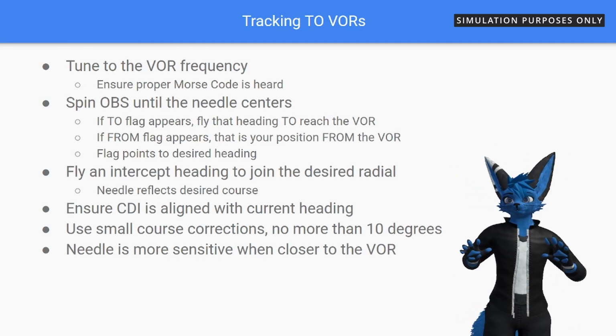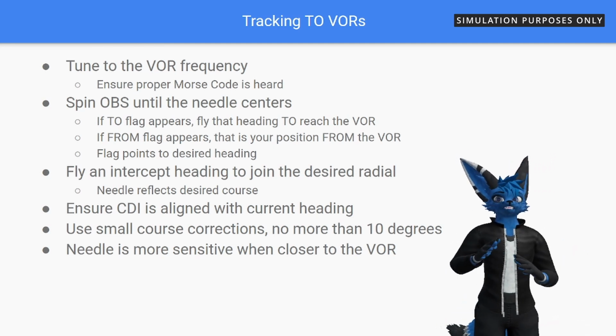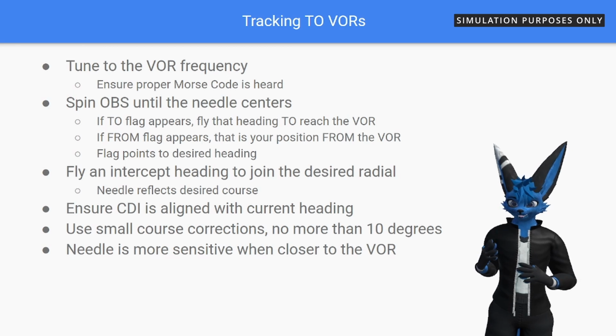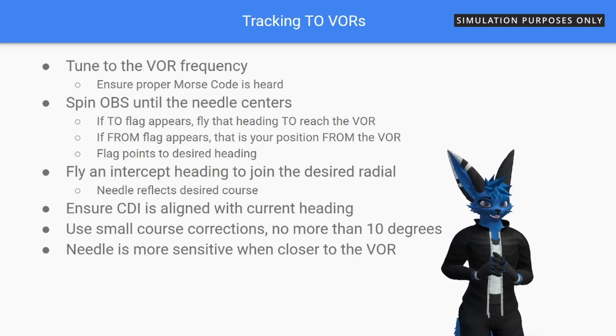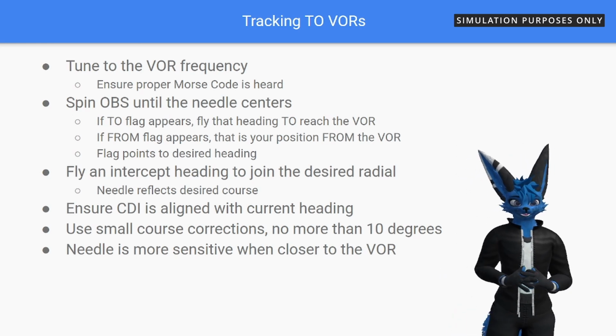Now, with a lot of modern equipment, even like the Garmin G1000 and some of your more complex airliners, they're going to have a system on board that does that for you without having to listen to the VOR station, and it's going to give you the identifier of the VOR on the display to confirm it's tracking the correct VOR. The next thing you're going to want to do is spin the OBS selector until the